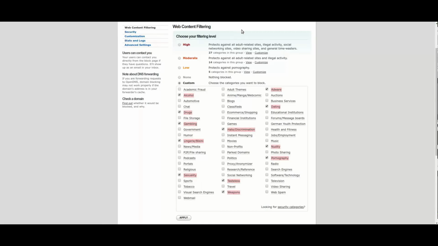One of the things that I do want to show you guys is if you go with OpenDNS, you can create an account with them, which is free, and you can set up your IP. And from there, you'll be able to choose your web content filtering right there. So you can remove things pretty easily just by a checkbox. And it's all done by category, so it's really easy. You know, for instance, maybe we don't want to have pornography and nudity because I have an 8-year-old. I don't want her to see those things. So you can easily lock this down.